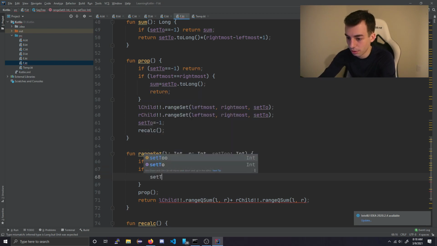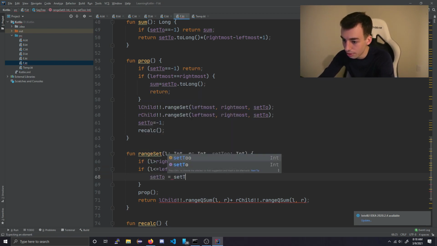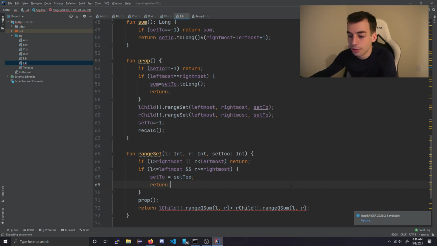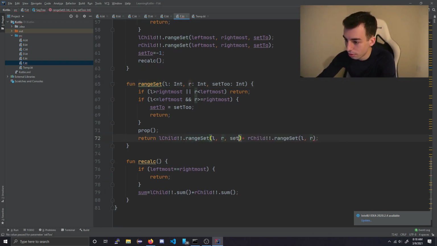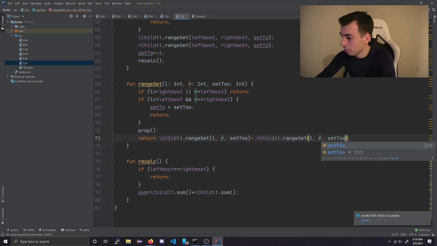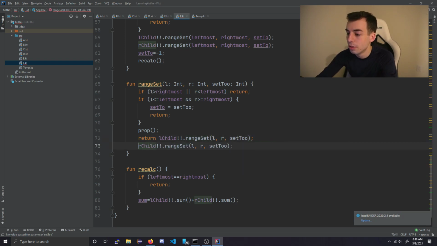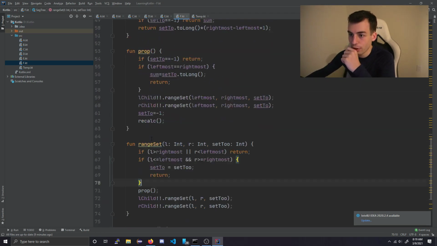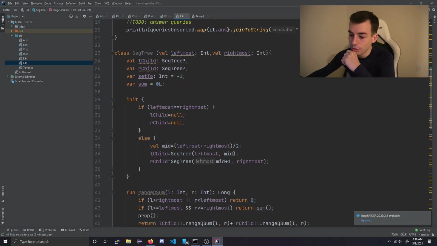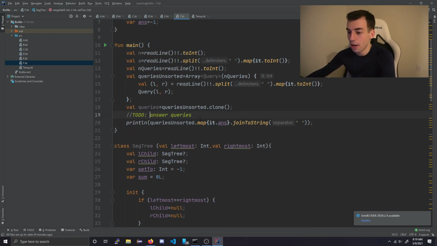set 2 equals set 2. Return. Otherwise, we prop, and then we call range set on both of these. Okay, good. Range query sum, good. All right, so